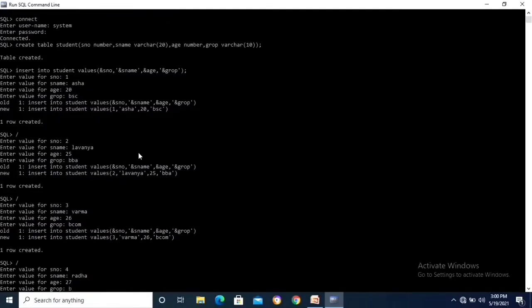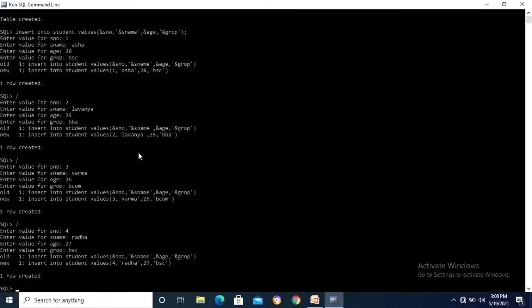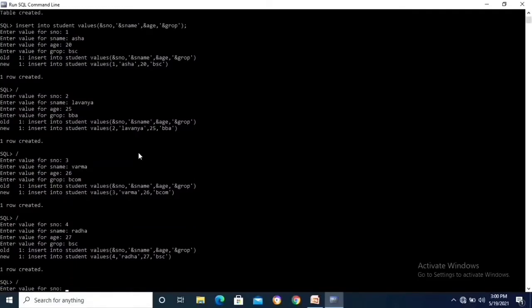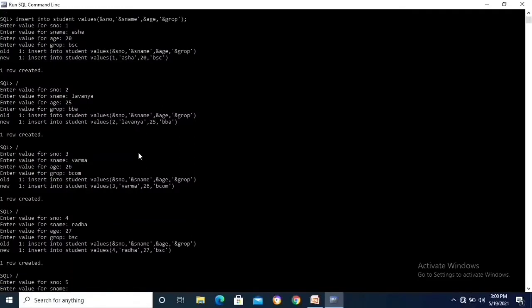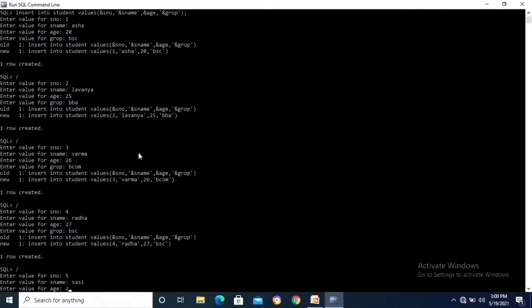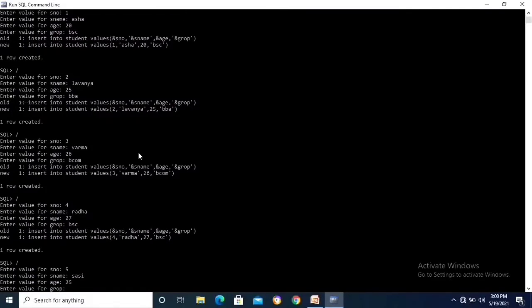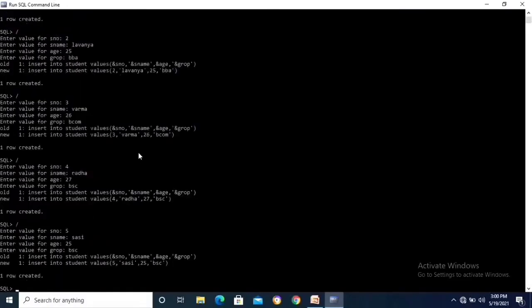Group BSc. Okay, one row created. Next, reverse slash enter. Student number 5. Student name Shashi. Age 25. Group BSc. Enter. So the next student is created. There are 5 students' data inserted in the student table.